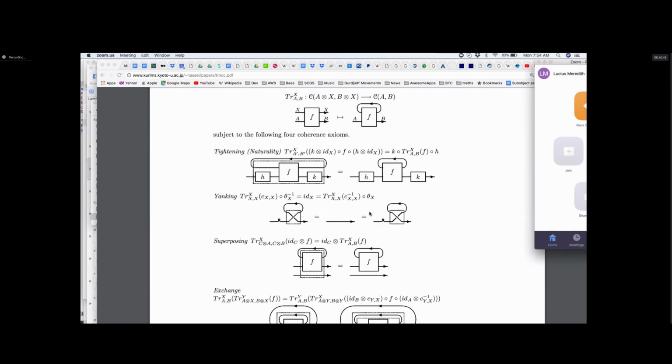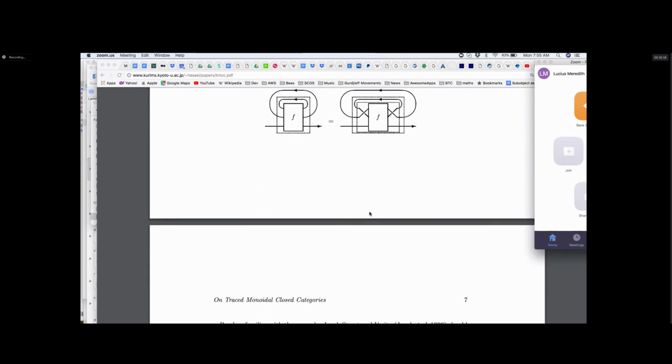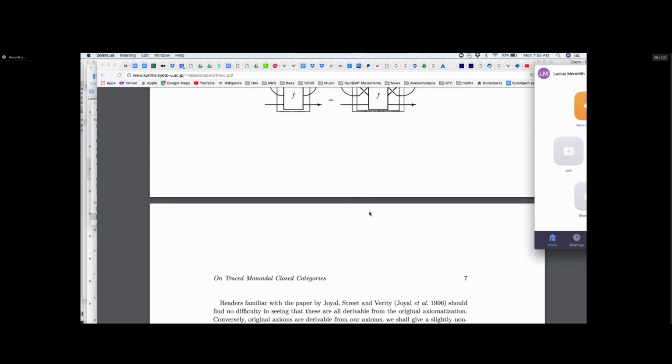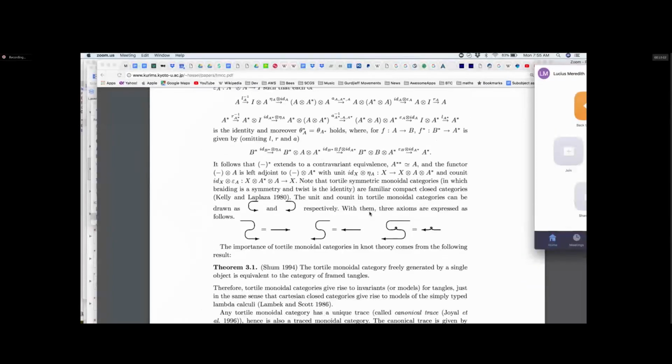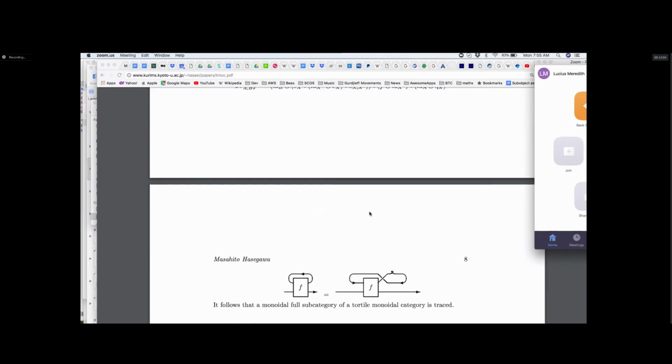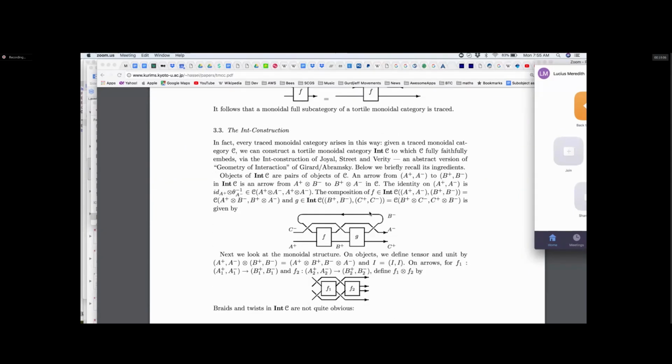Nothing really surprising in this at all. And so once you understand that, then the other piece of the puzzle that gets to be interesting is the traced composition. And here's effectively the traced composition.